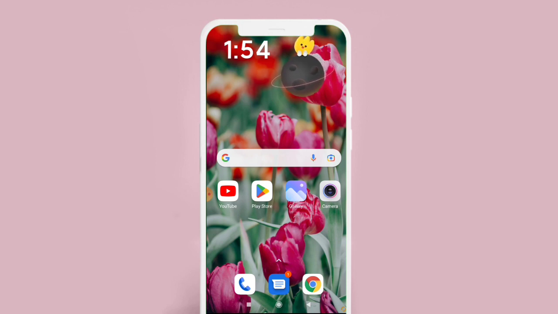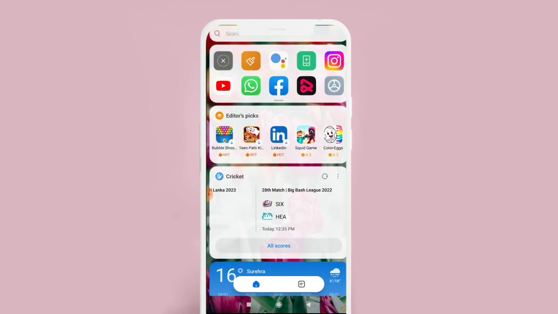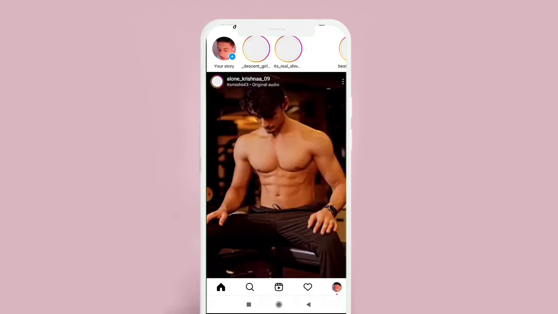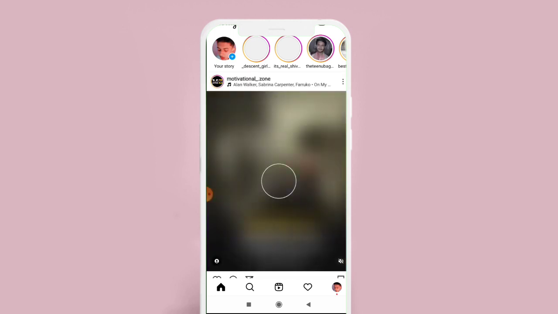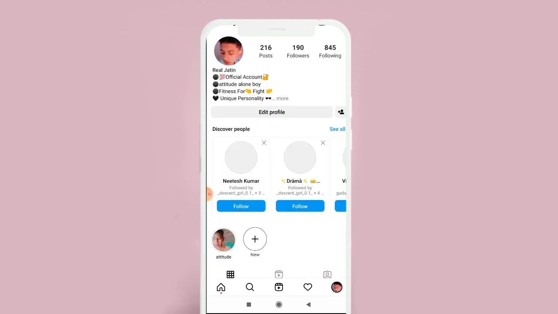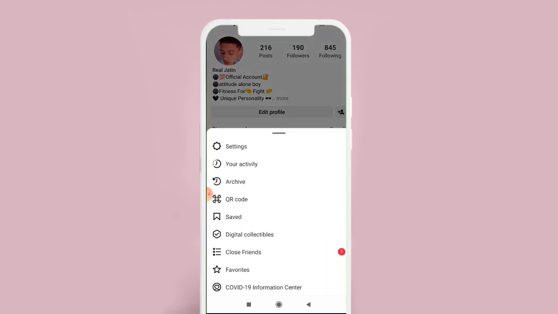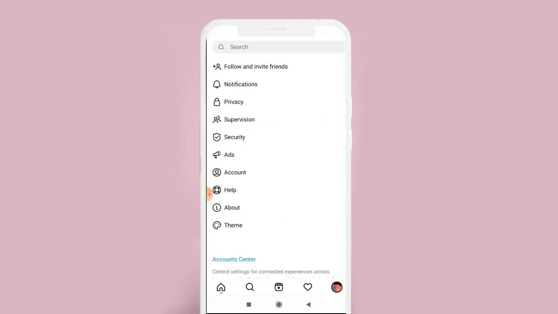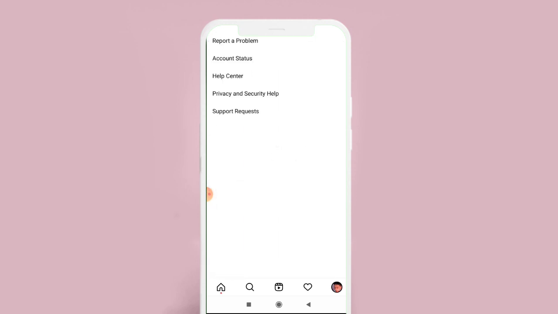So first of all, open the Instagram app and go to your profile, and you can see the three-line icon. Click here and go to the settings option and go to the help option, and you can see report a problem. Click here